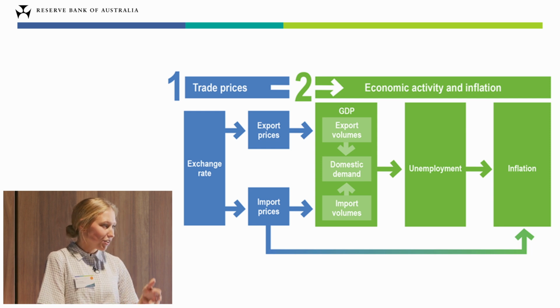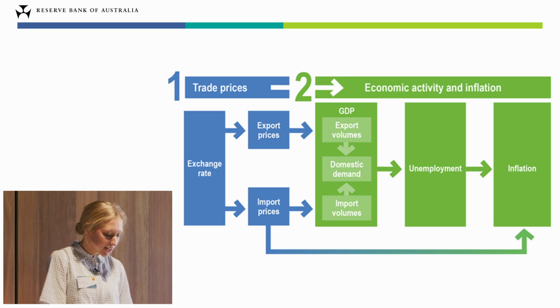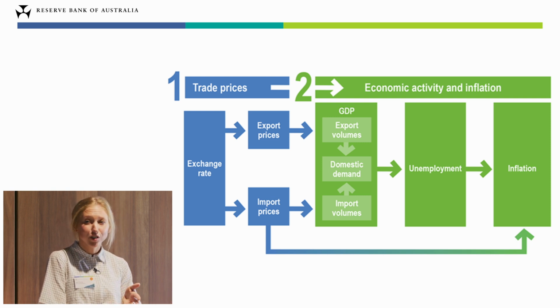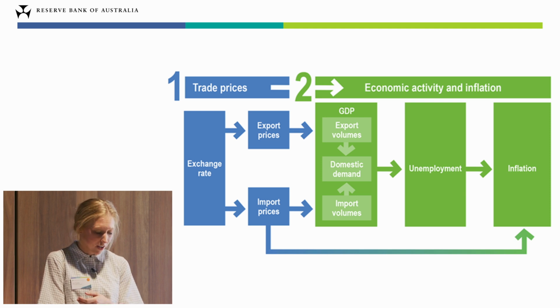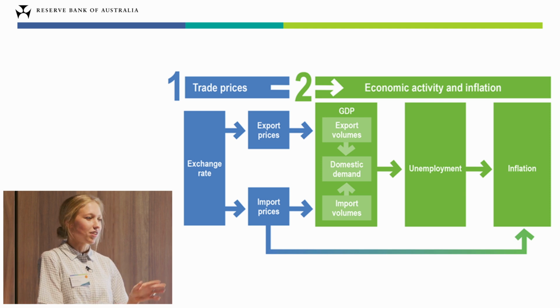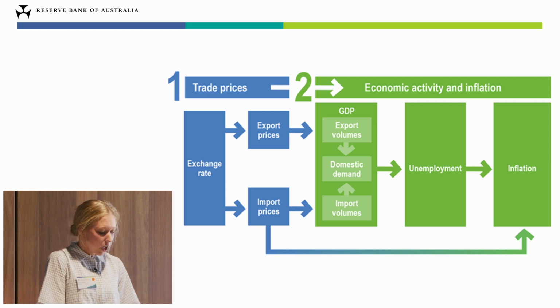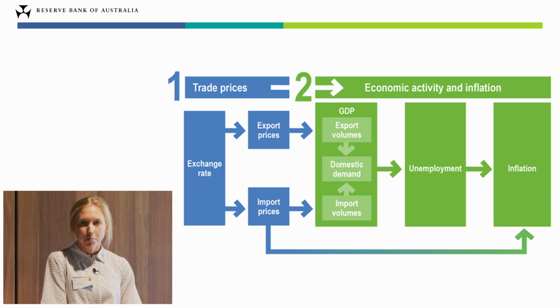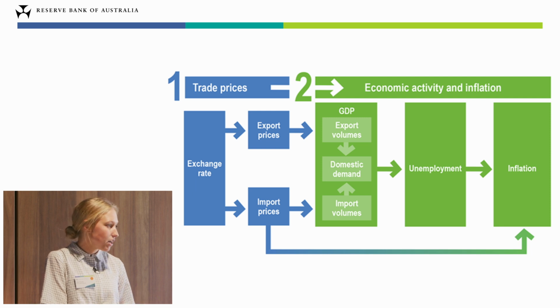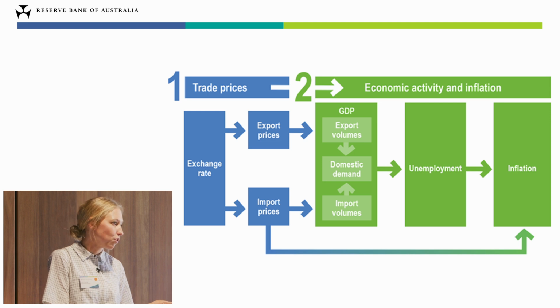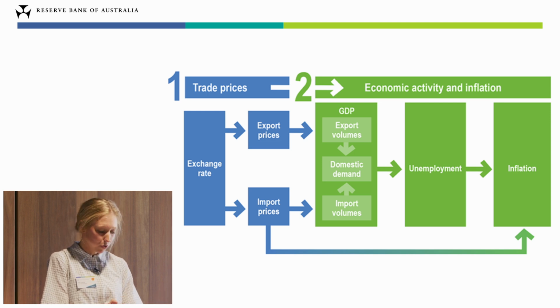Changes in relative prices between Australian and overseas produced goods and services influence domestic production and consumption decisions. So for the purpose of this presentation, let's just consider a depreciation of the Australian dollar. A depreciation makes Australian products cheaper to people living overseas. This causes international demand for Australian goods and services to increase, since nobody wants to pay more for the same quantity and quality of goods.